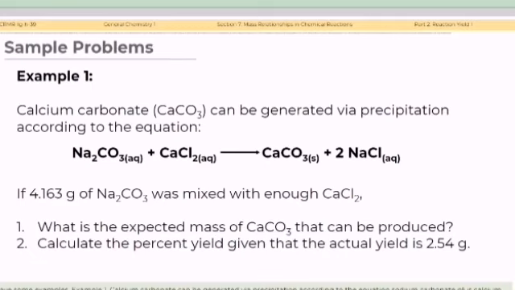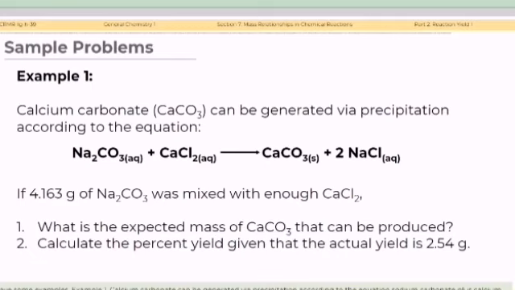Let us have some examples. Example number 1. Calcium carbonate can be generated via precipitation according to the equation: sodium carbonate plus calcium chloride yields calcium carbonate plus 2 sodium chloride. If 4.163 grams of sodium carbonate was mixed with enough calcium chloride,